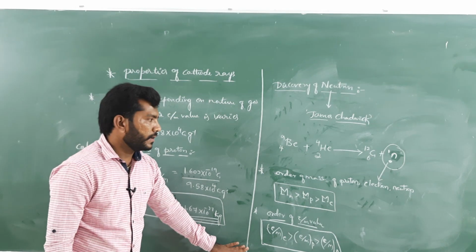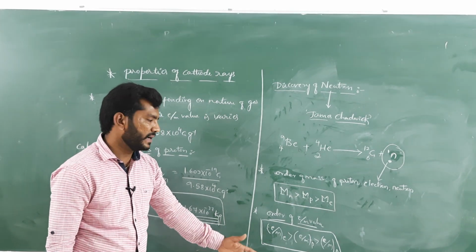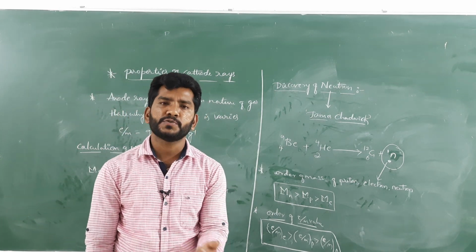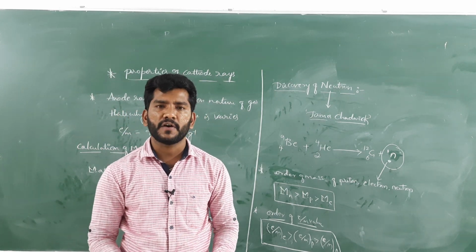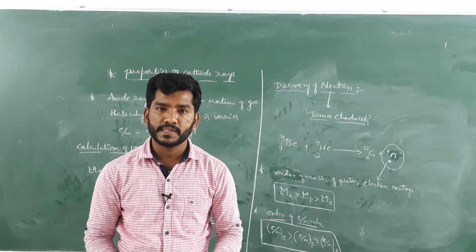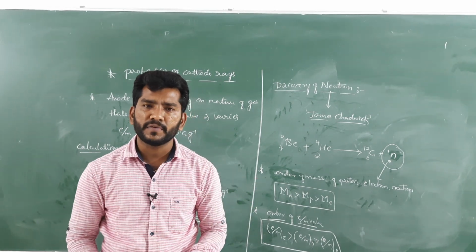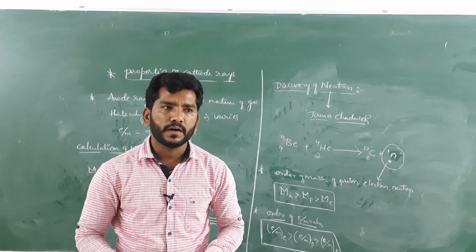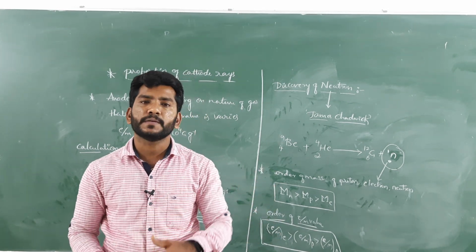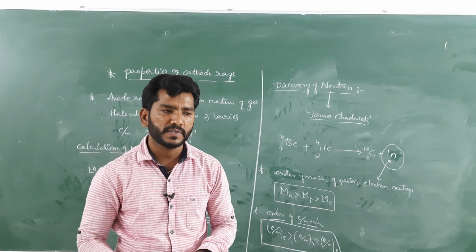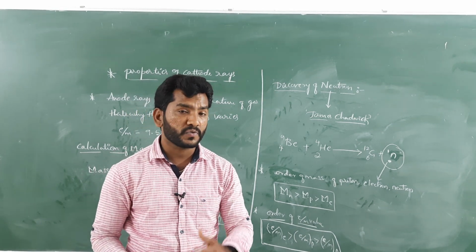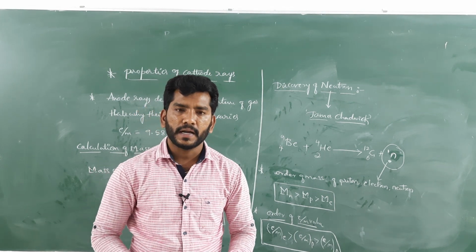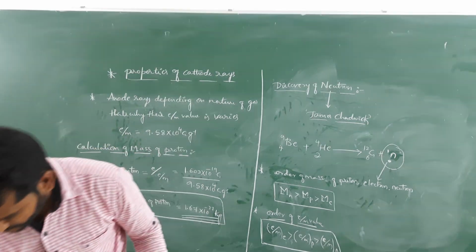In the next class we will be discussing some of the important definitions like atomic number, mass number, isotopes, isobars, isotones, isodiaphers and isoelectronic species. With respect to those definitions, we also have to discuss some numericals. Those concepts are also very important for your competitive and board examination purposes. So we will discuss in the next class, and thank you everyone.